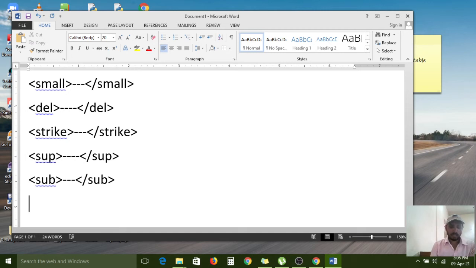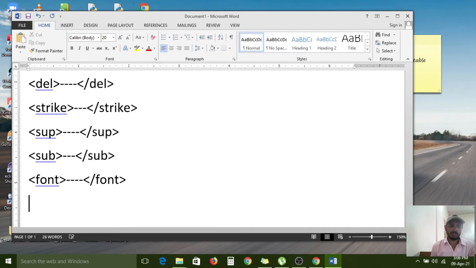Next, the font tag. If you want to apply any font style and font size, the font tag is very useful. But every tag is used only for text decoration purposes. Understand? Text decoration means text formatting purpose.